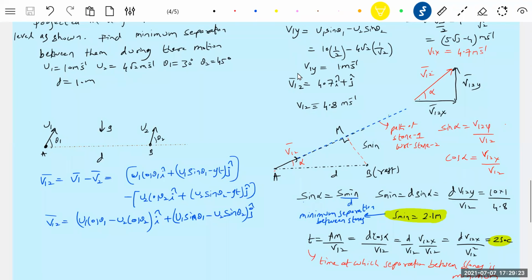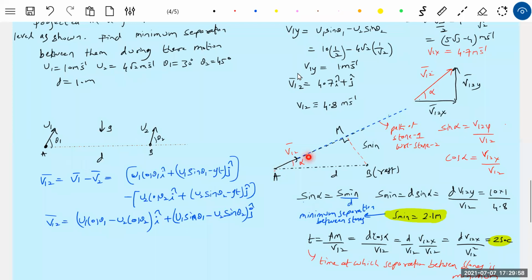Again, there are two triangles. Are you seeing the displacement triangle and the velocity triangle? What is a displacement triangle? It's the relative displacement of one with respect to two. That's what you are seeing in this displacement triangle. And the velocity triangle, the relative velocity triangle. If you are able to draw the velocity triangle, I think we can make a guess at the displacement triangle.